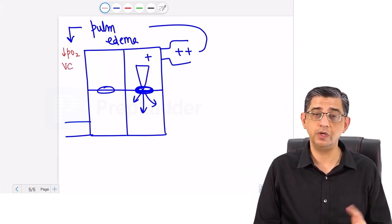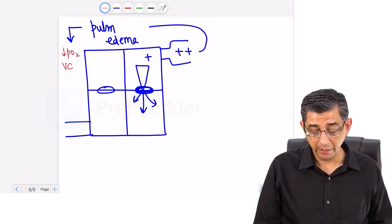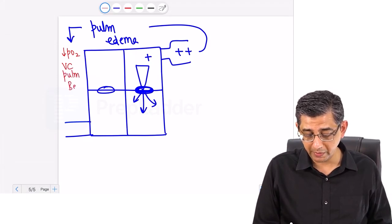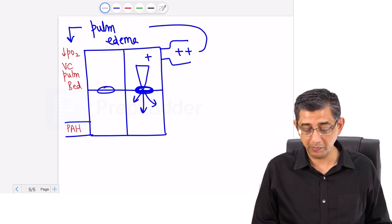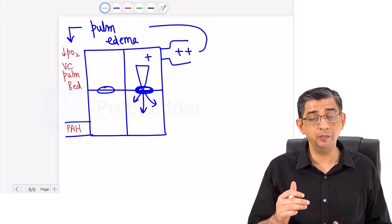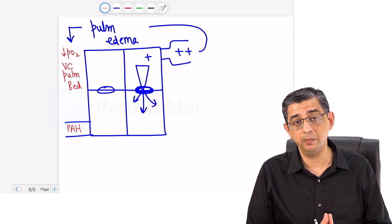You see, the pulmonary artery is the only artery which is named as an artery per se, but is actually carrying deoxygenated blood. It behaves differently from other arteries, so there is a vasoconstriction of the pulmonary bed, and therefore the pressure in the pulmonary artery will start rising, and there would be pulmonary artery hypertension. I repeat the fact, I said long-standing pulmonary edema will contribute to hypoxia, vasoconstriction of the pulmonary bed, and PAH